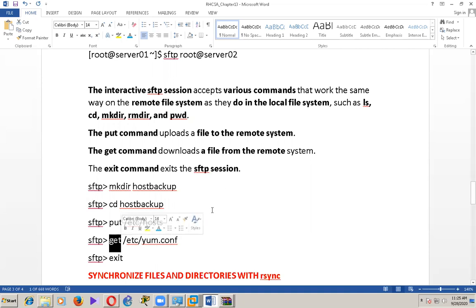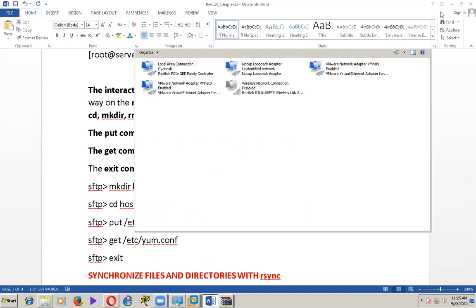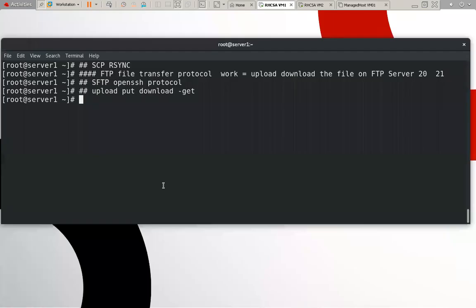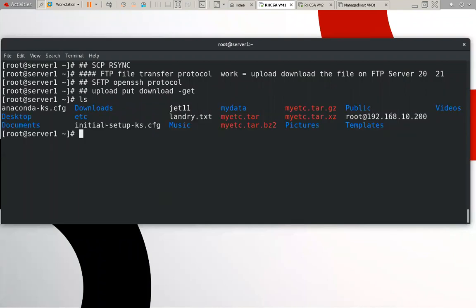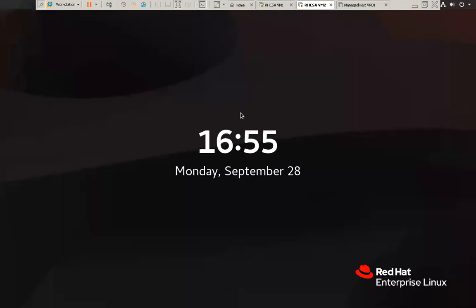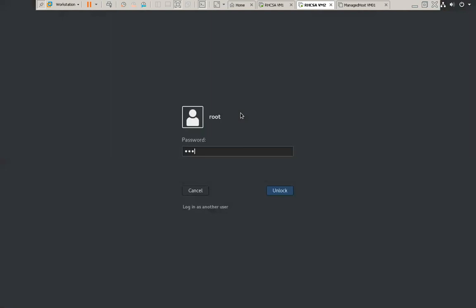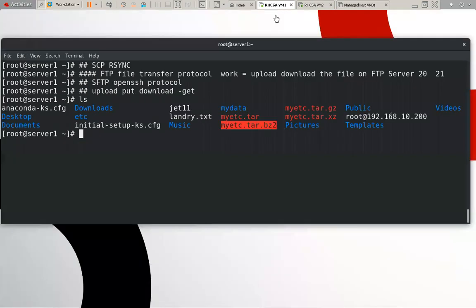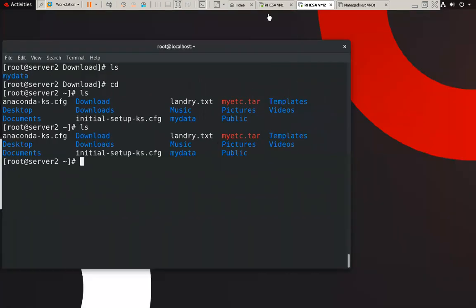Suppose now we have a lot of files. We want to upload this particular file to this machine. In this machine, we have no file related to my etc bzip2, and I want to upload this file to this machine. So what will I do?